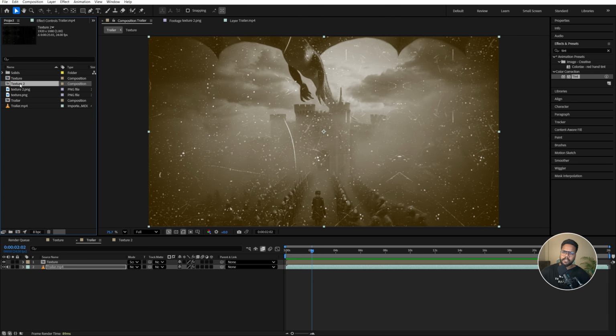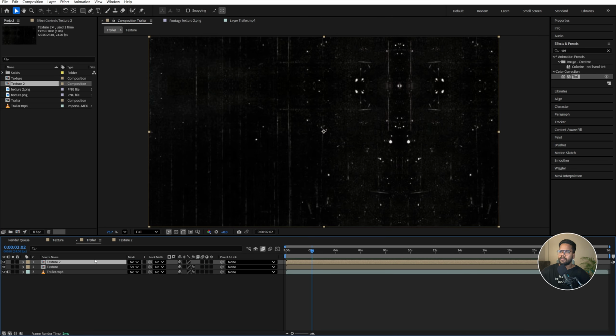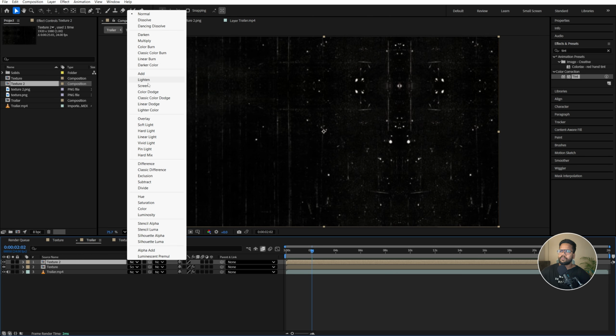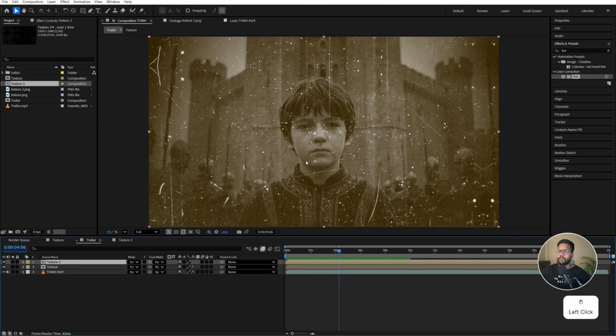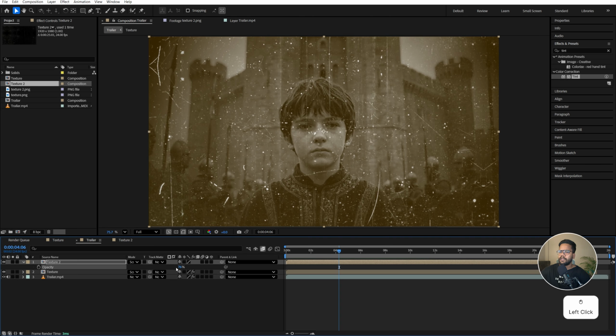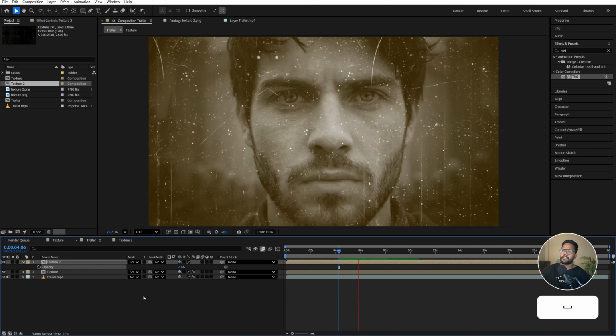Now drag and drop this texture 2 before this texture 1 and change the blend mode to Screen. You can decrease the opacity of this if you want. So press T. Let's make the opacity 70%. So this vintage style animation is